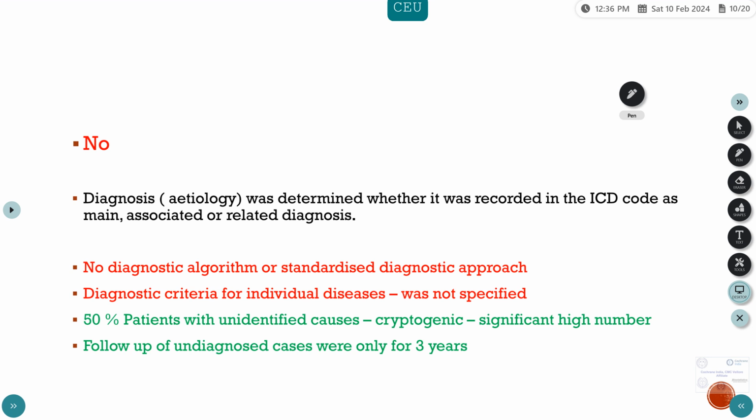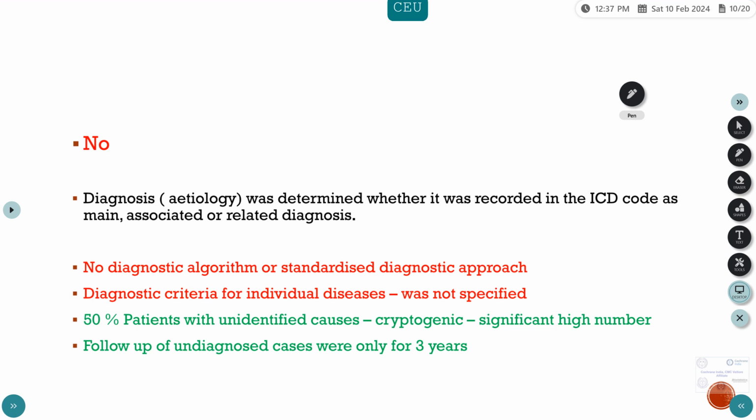And they followed up these undiagnosed cases for a period of 3 years to find out whether they develop another diagnosis later on. And that also, considering hemoptysis as a problem, whether 3 years was sufficient for following up these cases, or whether they should have had a longer follow-up. So that is another thing which I felt maybe they could have followed up for a slightly longer period of years to find out whether they were developing new symptoms and getting diagnosed with something else, probably a bronchopulmonary carcinoma, later on in their life. So those were the things which I felt were not done properly, and the diagnostic evaluation was not